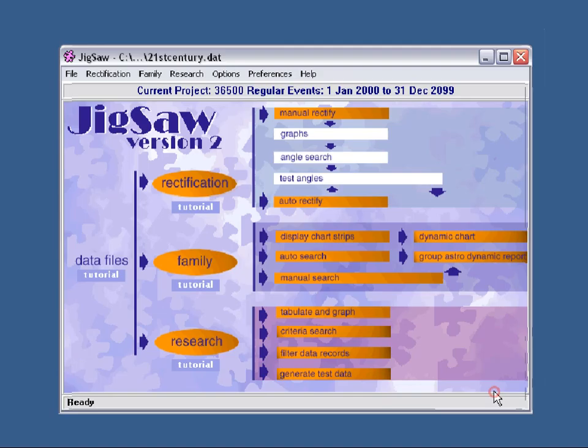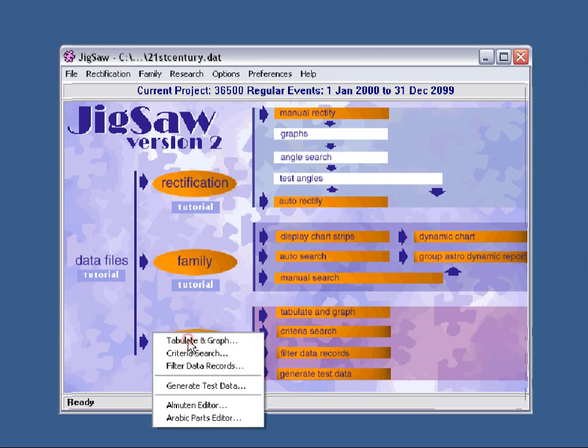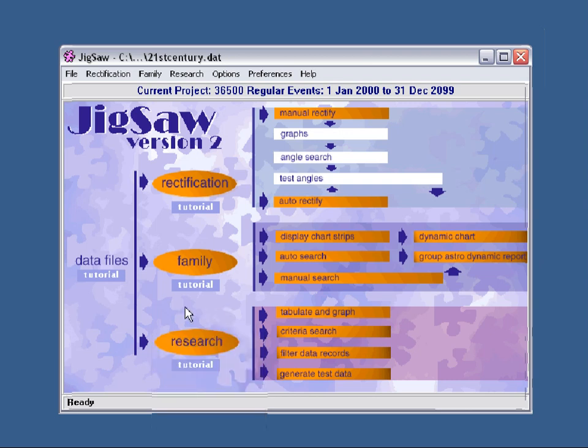Alright, this completes the research tutorials. They've been quite a lot of them, and hopefully this has inspired you to think about certain things, ask certain questions of astrology and play with it. So enjoy working with Jigsaw, and I hope that you find many interesting things in working with the research module, in working with the family module, and working with the rectification module. All of these things actually intertwine, as I said before,